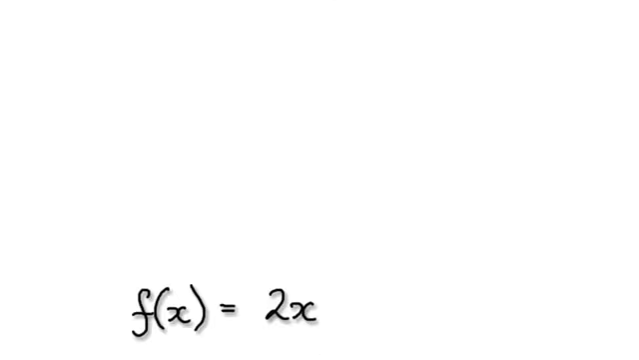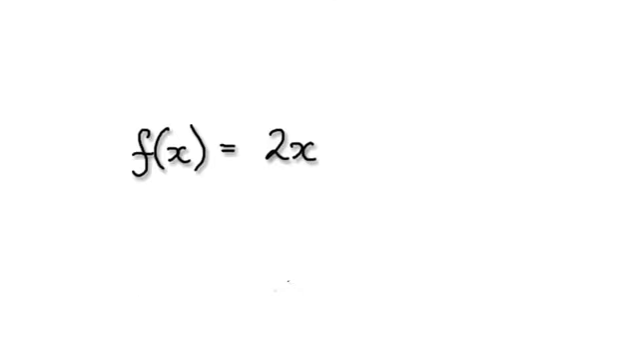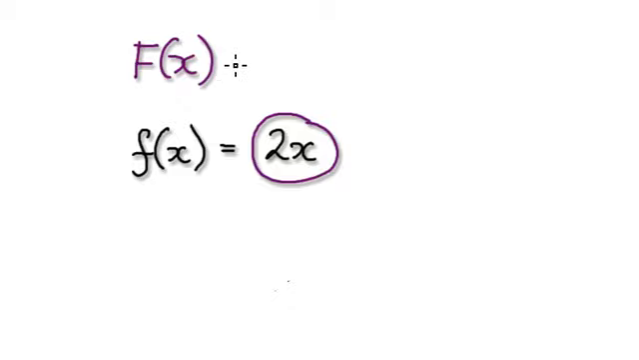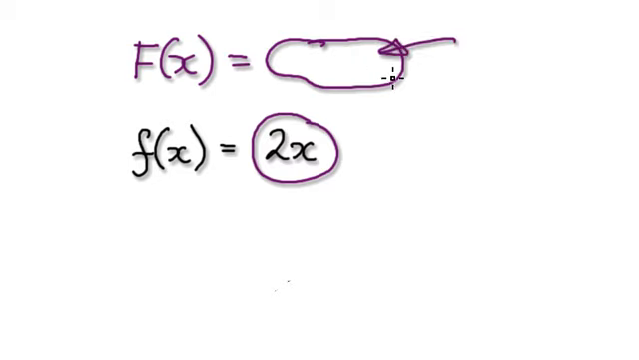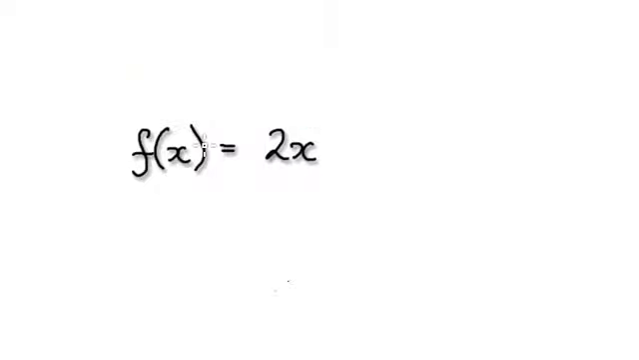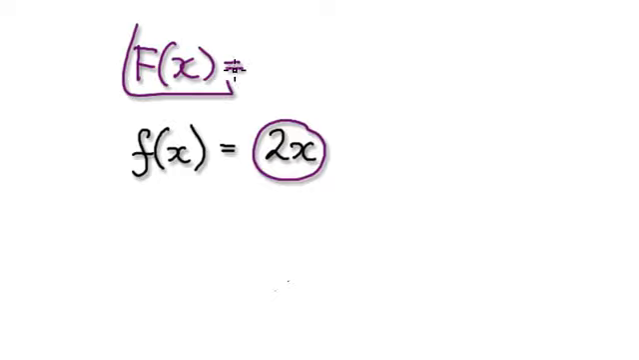Now we're going to move on to antiderivatives. Suppose you're given a function f of x equals 2x. The idea behind antiderivatives is that when you're given a function like this, you have to come up with a function where, when you differentiate it, it will give you 2x. So for example, if given f of x equals 2x, then the antiderivative of 2x is